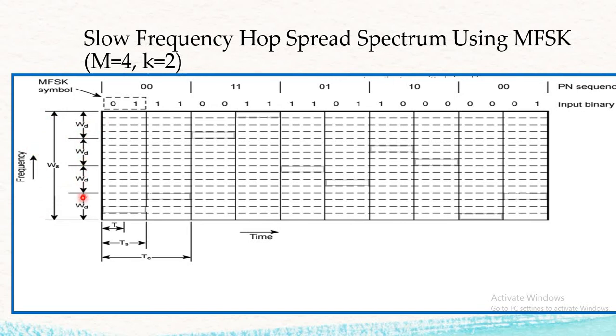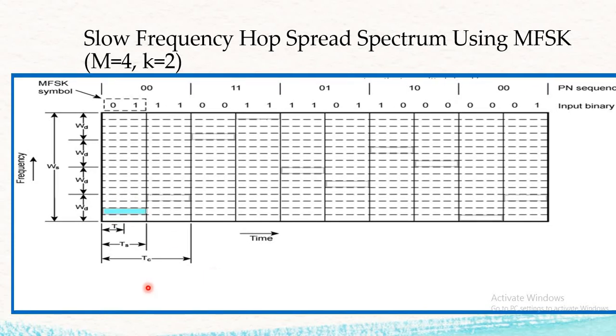As you can see, broadly it is divided into 4 sections, and each section is divided into 4 lines. These 4 lines are for the symbol. First you have to select the PN sequence column, and then you have to select the symbol column. So 0 0 means your first column over here, and for this you have the symbol value 0 1. So where will your 0 1 come? Here we have 0 0, 0 1, 1 0, 1 1, so the 0 1 will come at the second position here.